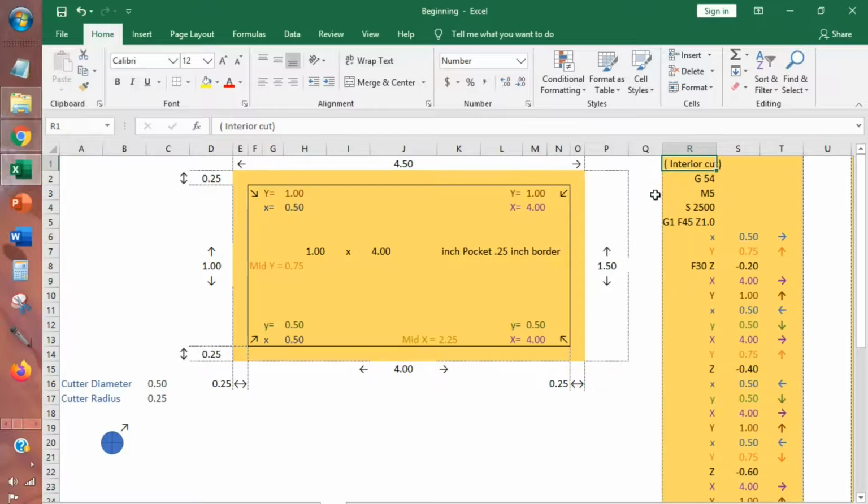The first cut begins at X.5, Y.75. The cutter plunges down to the first cut. The machine positions the cutter at X4.0, Y.75. Then the cutter makes a perimeter cut, stopping when the cutter is positioned again at X4.0, Y.75. Again, the cutter is plunged down to Z minus